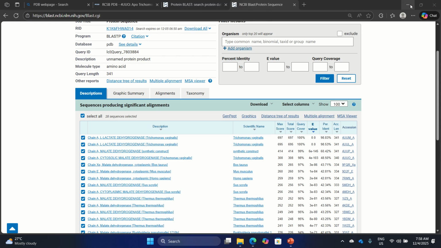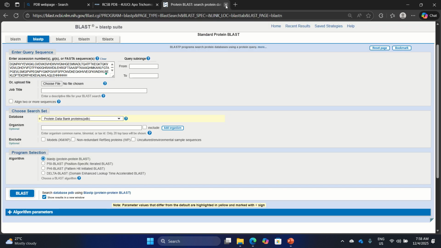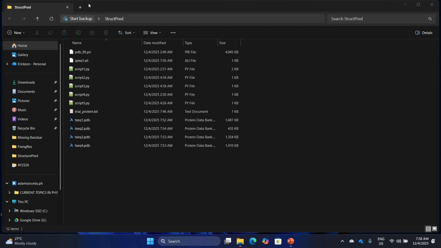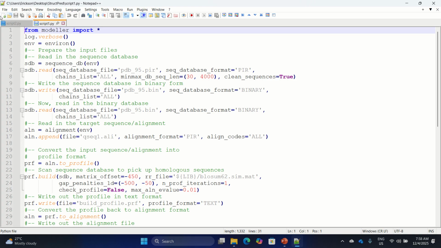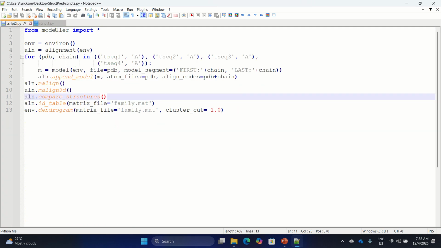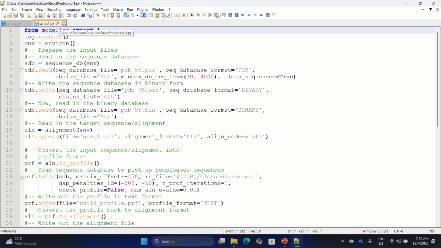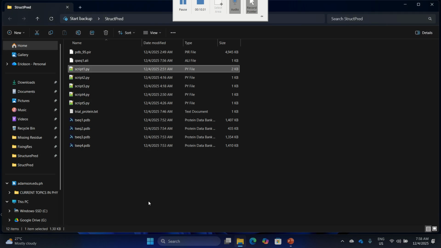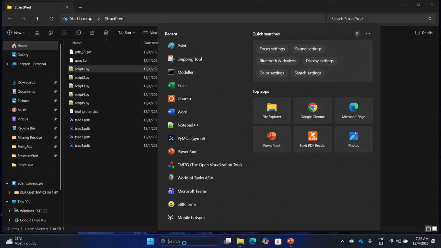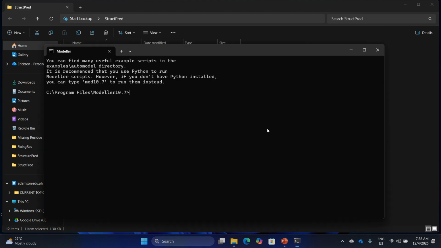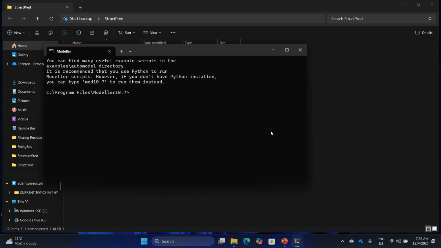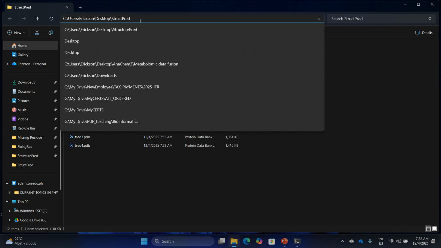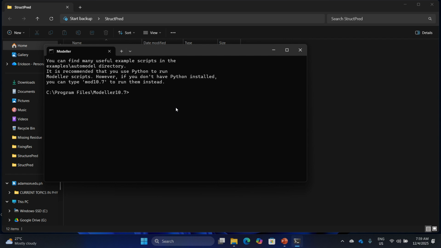So let's run script 1. Script 1 is easy, and script 2 is also ready. I'm going to open my Modeller terminal, and then I'm going to copy the directory of this folder, struct_pred, then cd.